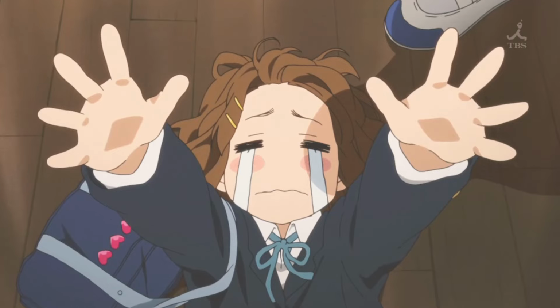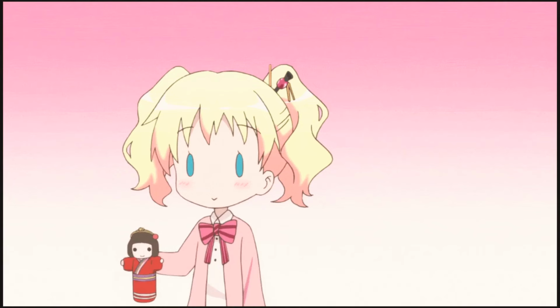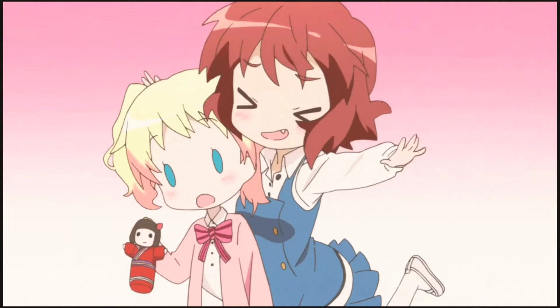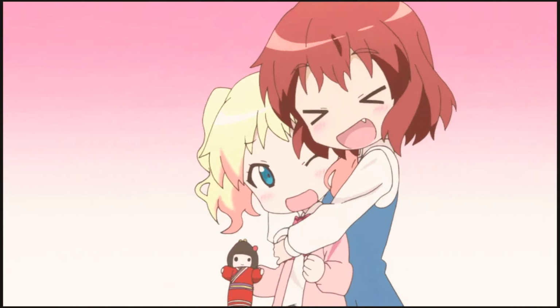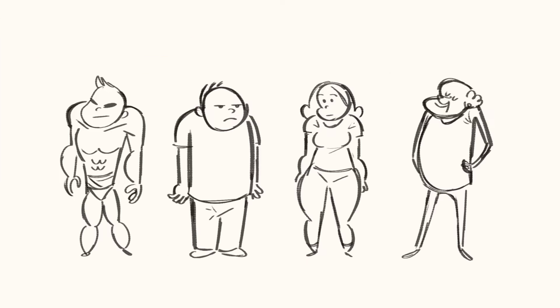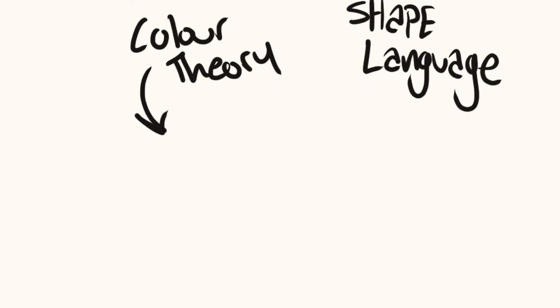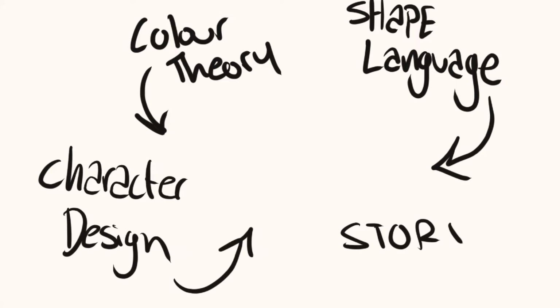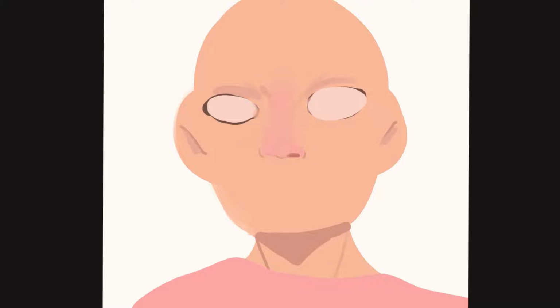But to have a style that stands out, like the big artists of the world, we need to take a look at what makes up a style, specifically. I know I talked about it a little bit, but what is color theory? What is shape language? Well, there are a few components, really, of each one. But the main color theory, shape language, character design, and storytelling, this is what makes up an art style, because art doesn't just encompass visual arts.